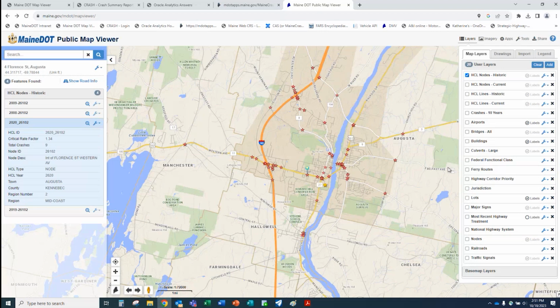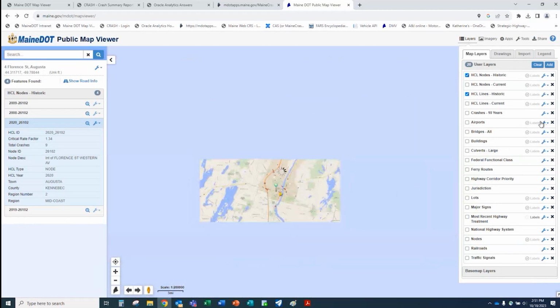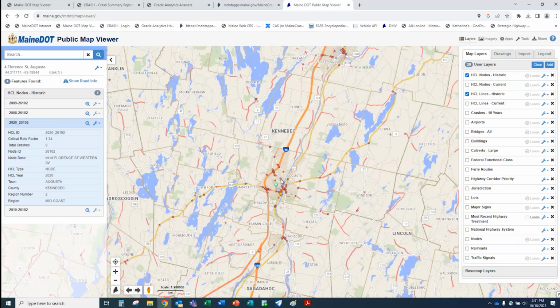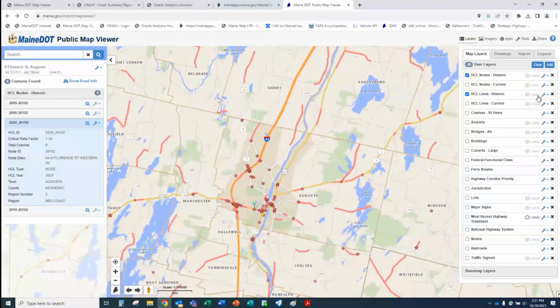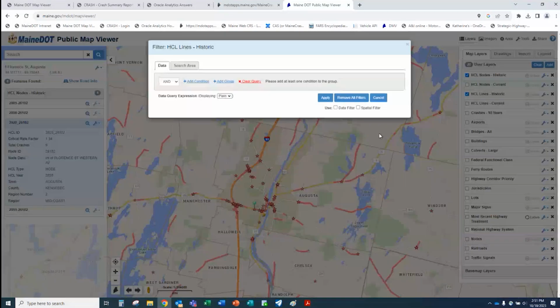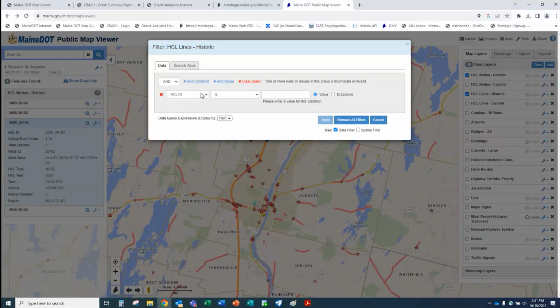And we've got the lines as well, historic lines. And just like you did with the other ones, you can filter these by county, by city. If you wanted to do high crash locations for an entire route, you could either do a polygon or you could do a filter. Because I believe if you added a condition, you've got element mile point. That's not a good one. Region number, route code. You could do one by a route code with a beginning and end mile point.